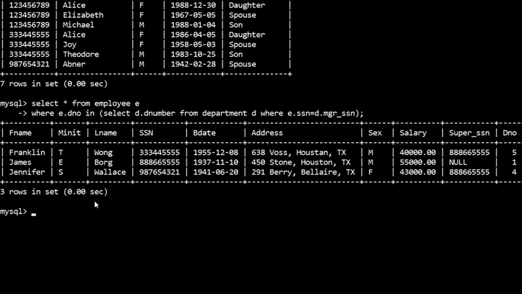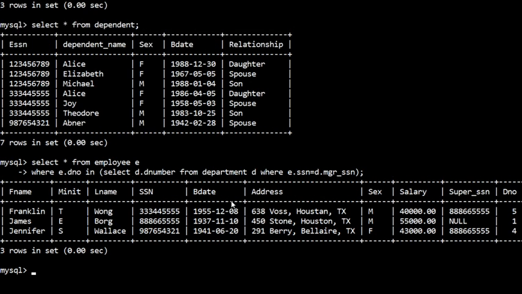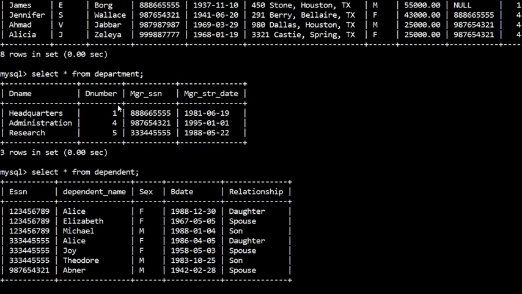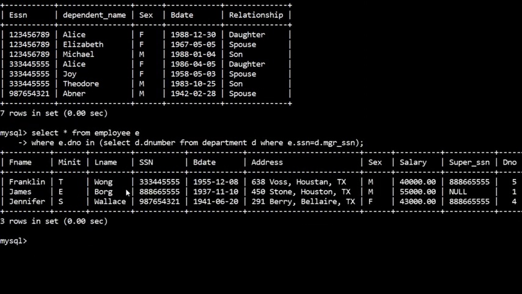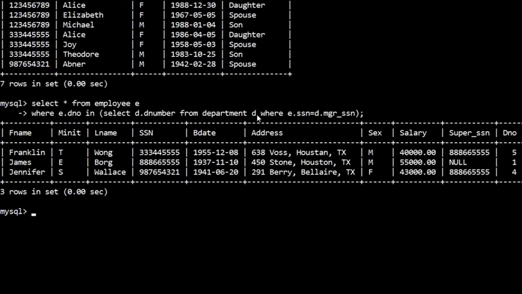Okay, so here what actually we are doing, first we are selecting the department numbers from the department table. So three departments are there, 1, 4, 5, right? In the department we have 1, 4, 5. So this inner query will give you 1, 4 and 5.